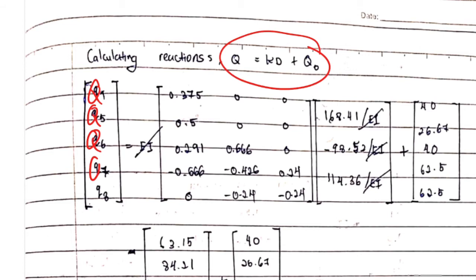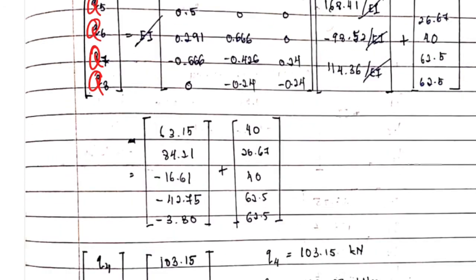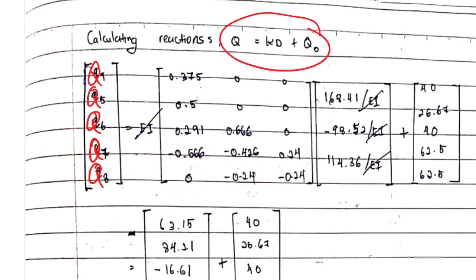We only use small letter for the member forces. Q small letter is for the member forces in thrust. So this one is capital Q, because this is for the whole. So we have to solve using